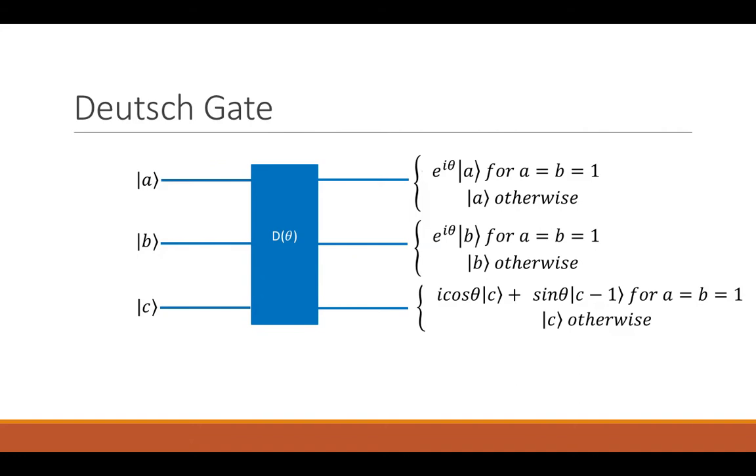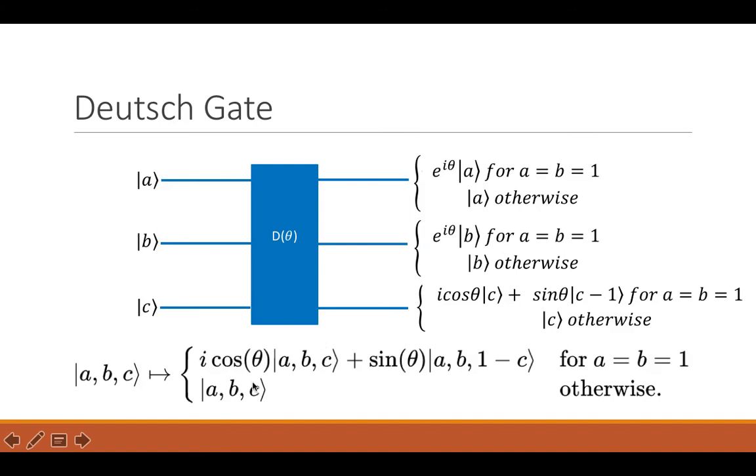So what does the Deutsch gate actually do? Well, the Deutsch gate has 2 control qubits, A and B here, and so when they are in some particular state, we call it 1, then we'll actually trigger a transition. And so what happens in that transition is that the control qubits each pick up a phase shift, while this target qubit undergoes this transition, which is like a phase shift and a rotation mixed. You can see that it has just kind of a phase shift on a part and then you invert it as well. And this is the whole transition